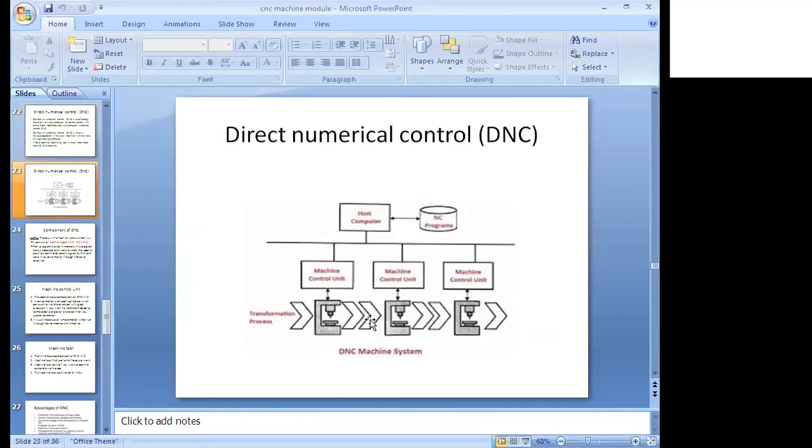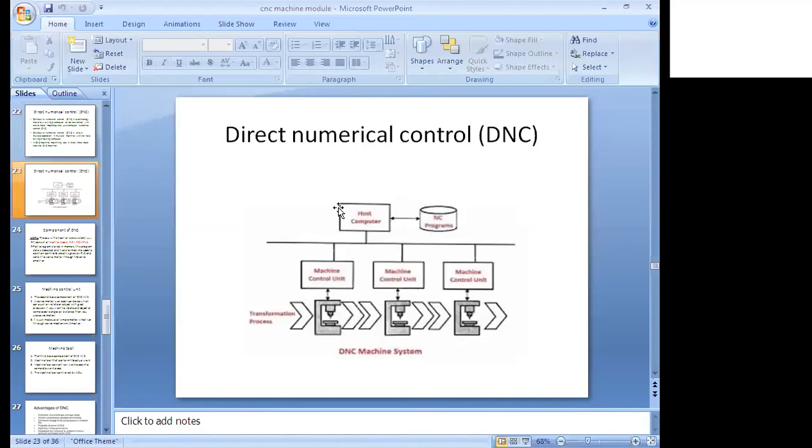So this is the main diagram. Here the block diagram is very important, maybe in the exam. Maybe in the final exam or the internal exam, there is a chance a question will come on DNC. In the exam they may ask you to explain the working principle, or explain with a block diagram, or explain the components of a DNC machine. Please remember the components, and it is a very easy block diagram. You have to draw this diagram neatly, label the parts, and start explaining the parts.